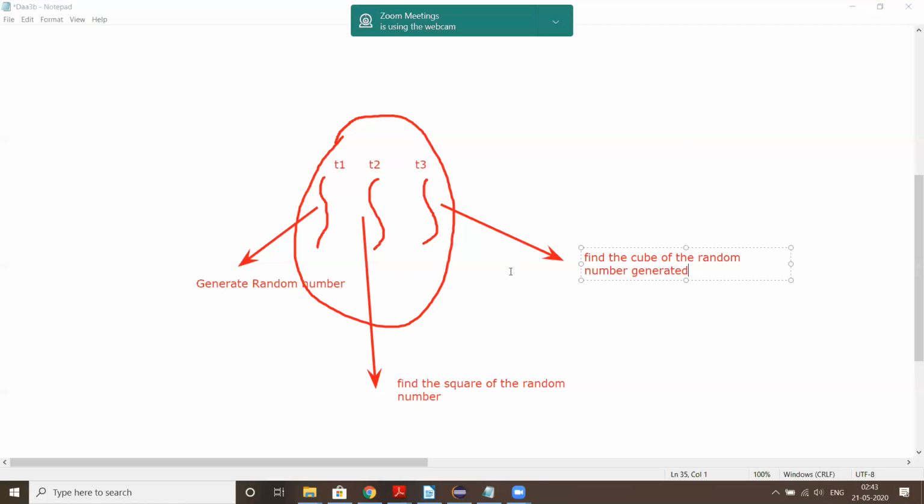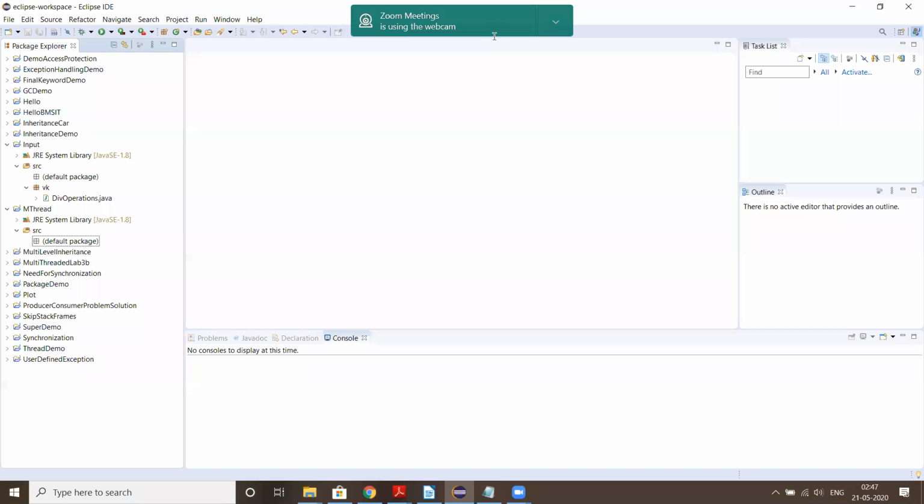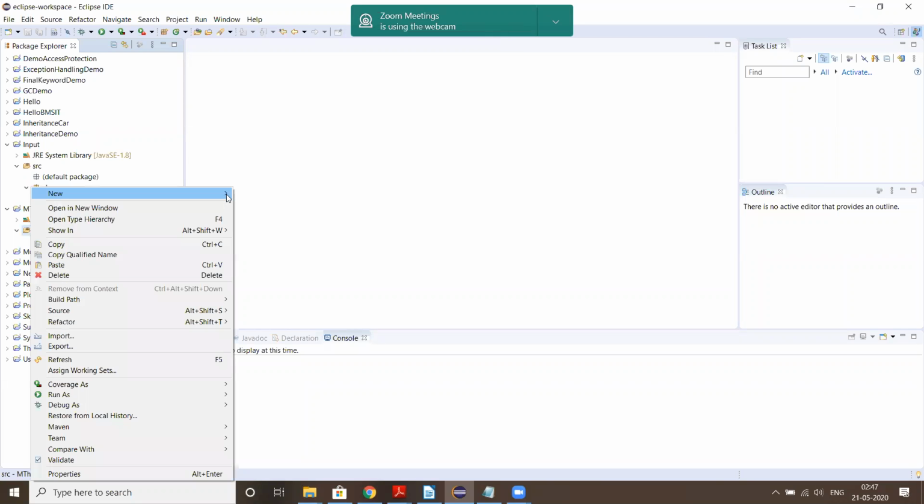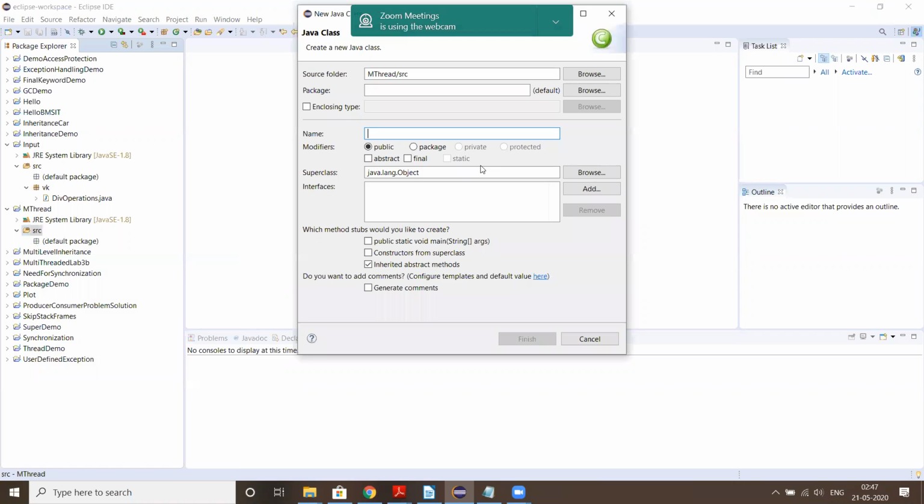Okay, so we will get started with coding. I'll be using Eclipse to write the program. So let me create a class. I'll give the class name as main thread, which in turn creates 3 threads.